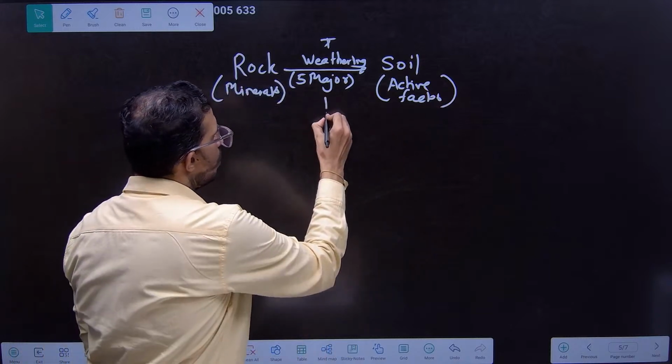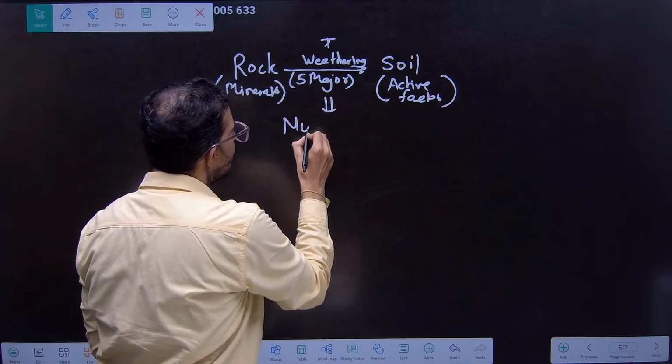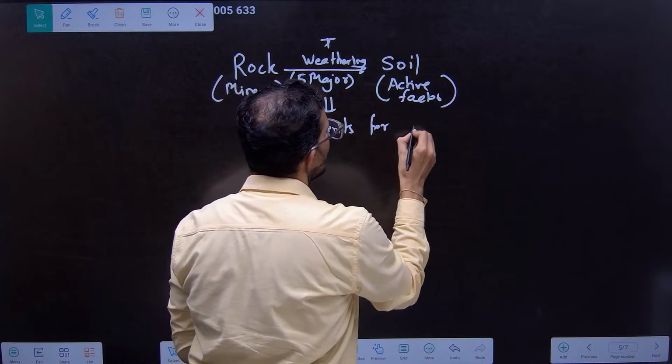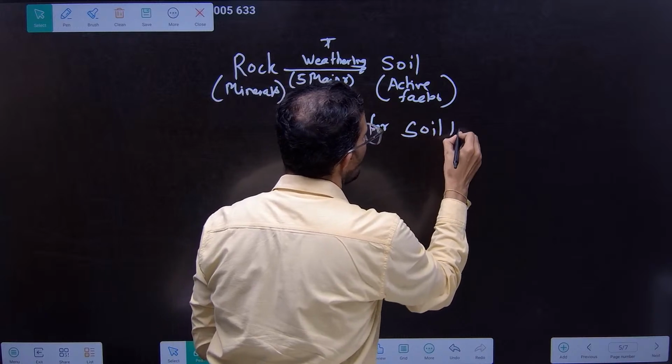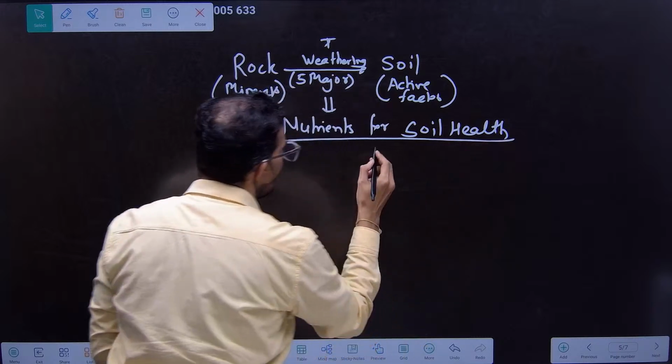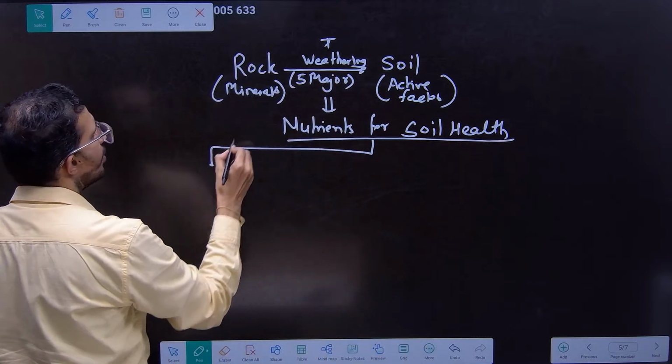Now we are going to see the nutrients for the soil health or good soil health, nutrients required for the soil. The classification is the 16 nutrients,